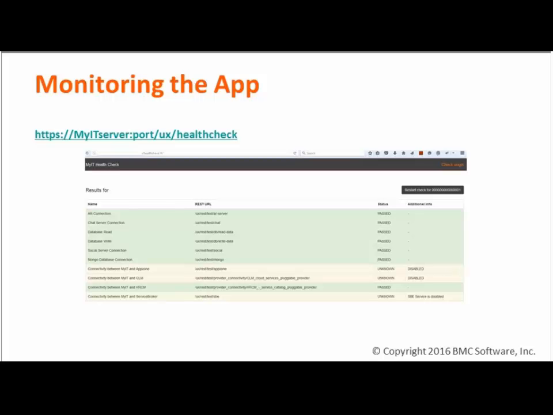Let's say based on the architecture that I showed you, the MyIT server, social, Mongo, these interactions, we have APIs available to check whether the interaction between each component is working fine or not. So how do you check that? We have a utility which we built. It is available as part of 3.2 by default. When you install the product and you launch this context, UX, health check, you will see it will launch the health check monitoring application,